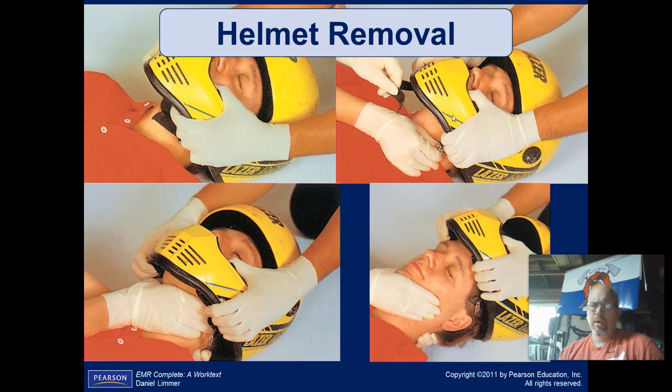Now, one of the videos I saw about the football player, once they got him onto a backboard, they don't remove that helmet because if you think about it, the helmet and the pads together create a perfect line. Okay, they create a perfect line. The pads here keep the head tilted at the right position. If you didn't have the helmet on with those pads, the head would fall backwards. So the helmet stays in place because that allows you to keep a neutral position.